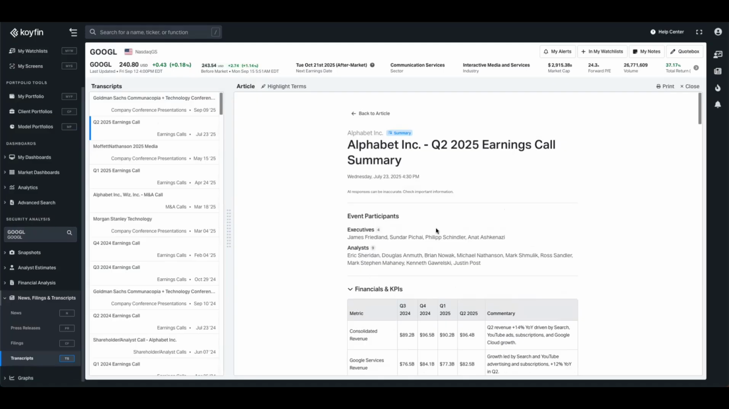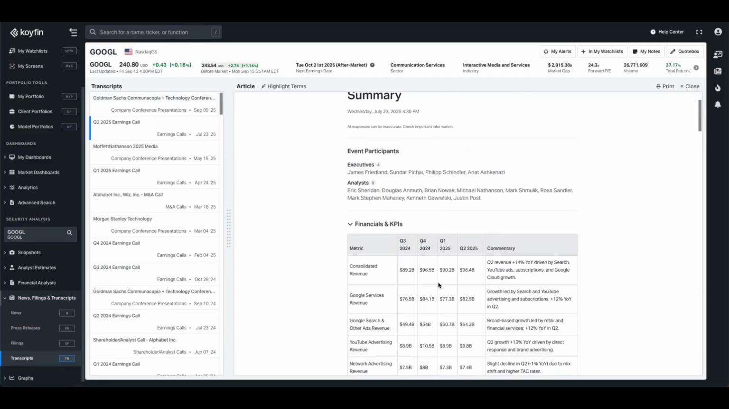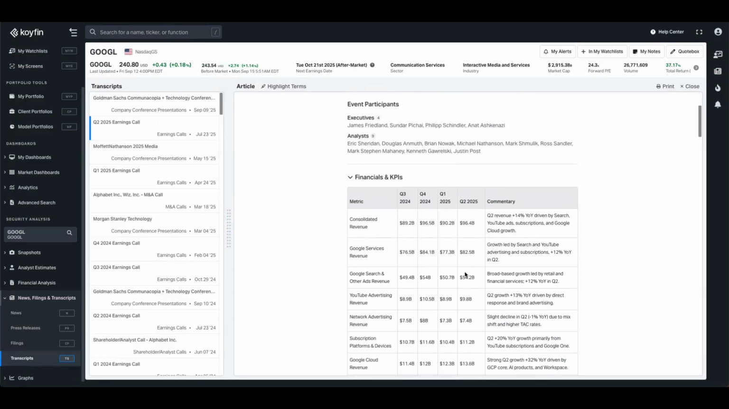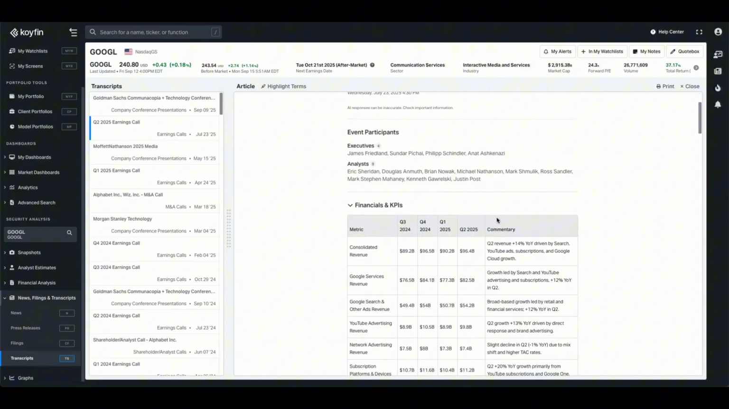For example, in this Alphabet Q2 earnings call, you can see that we're pulling out all of the KPIs and important data points and building a trend table for that. So for Google, we can see the revenue, cloud services revenue, YouTube advertising, and some commentary for the latest quarter on the right-hand side. Something to note here is that this pulls from the transcript, so if it's not in that call, it won't